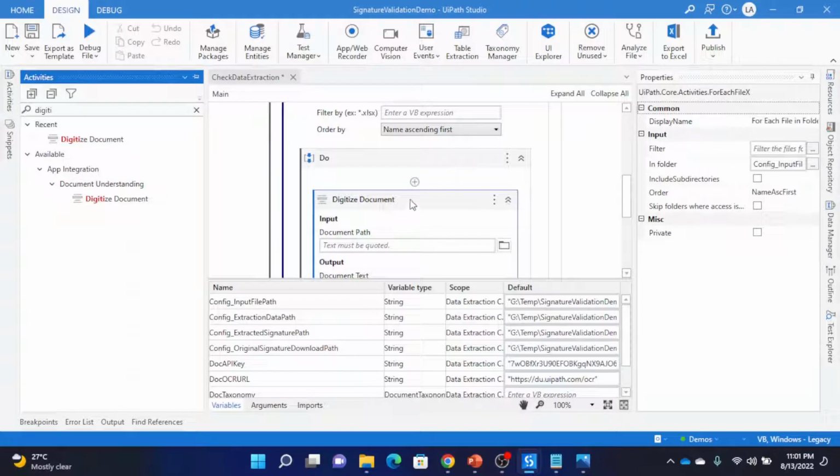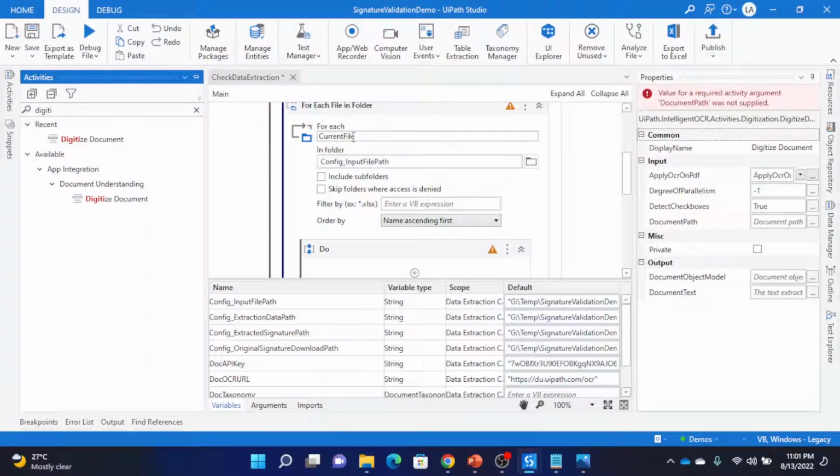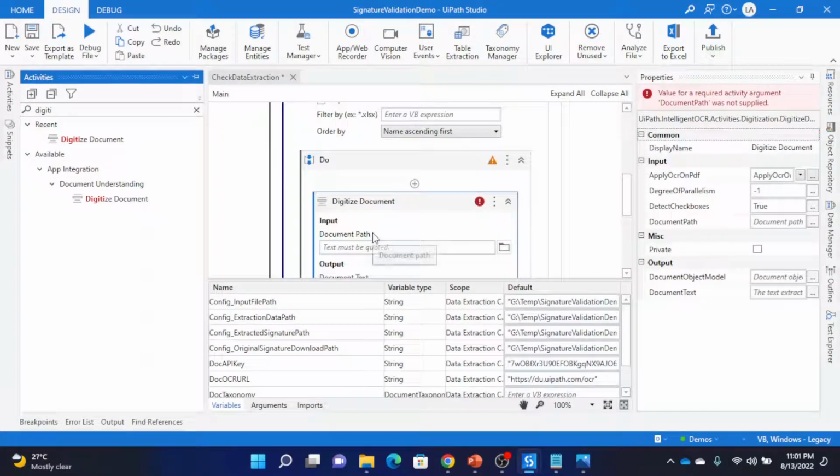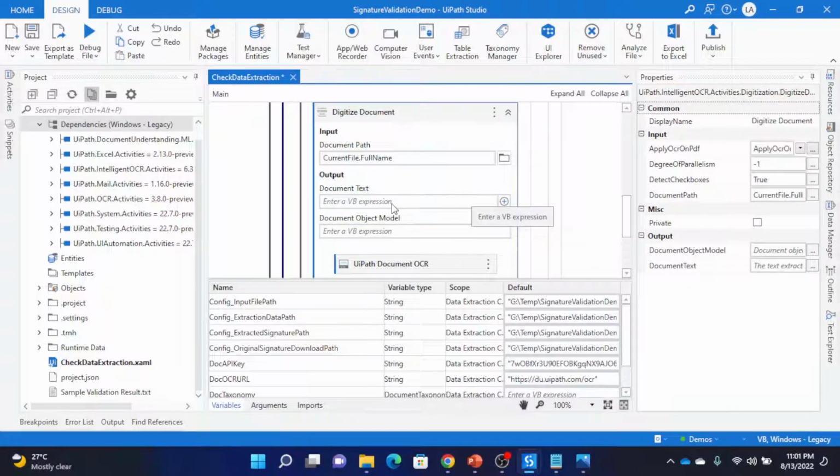Digitize document. So here we are going to use this current file object and full name. So this will give you the full file path. And we need to create the output variables, document text, document object model,